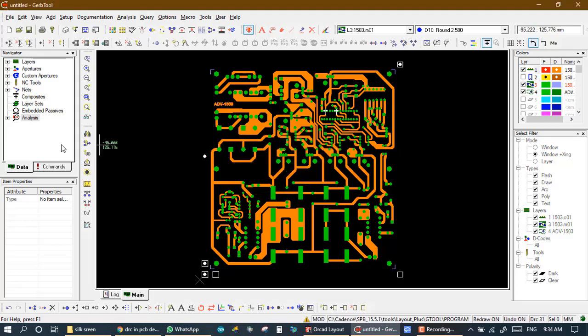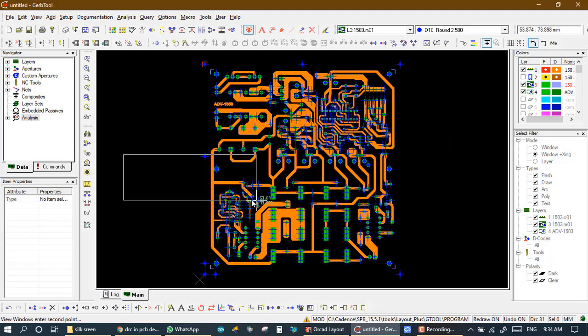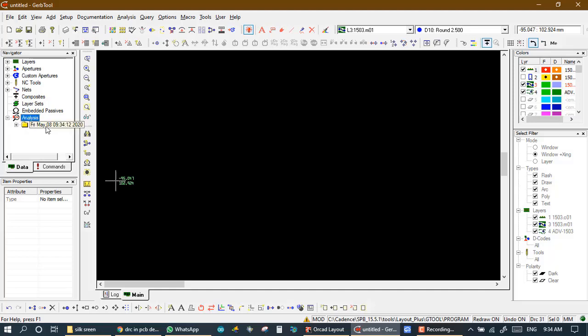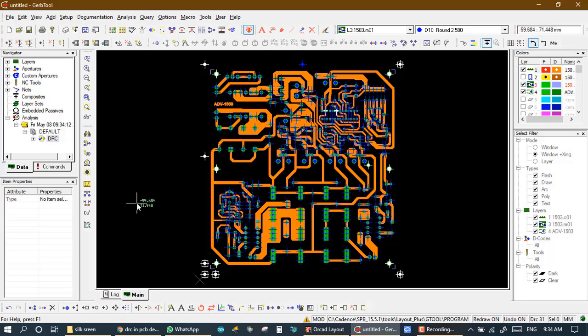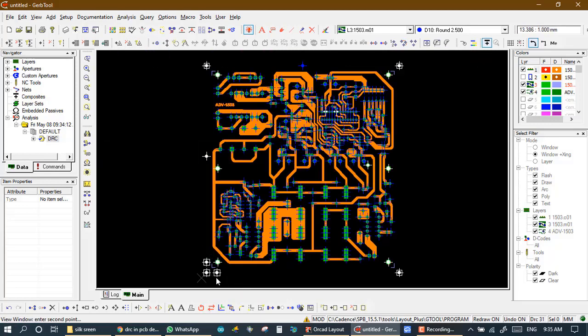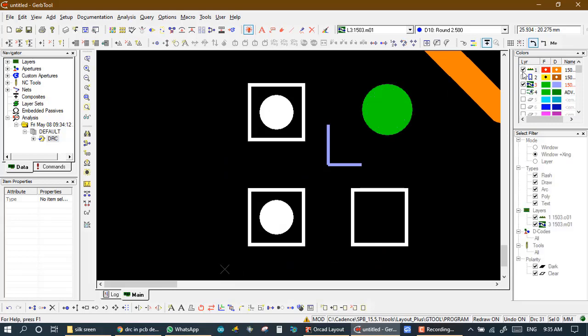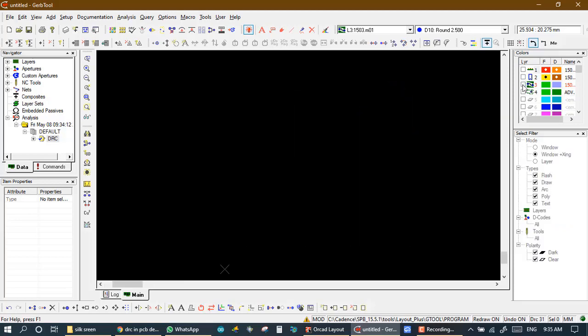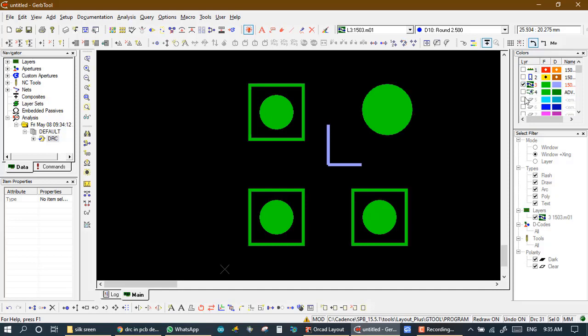So first we highlight all. Here masking and copper are the same, so we don't need to remove this error.